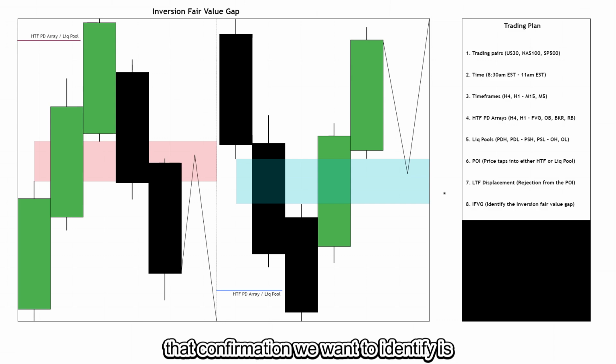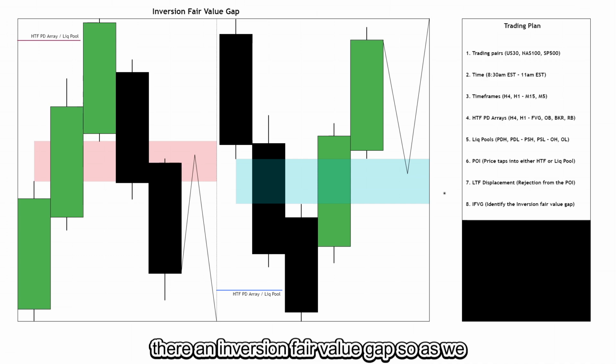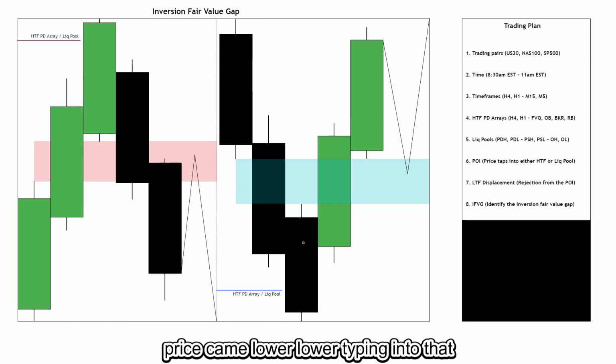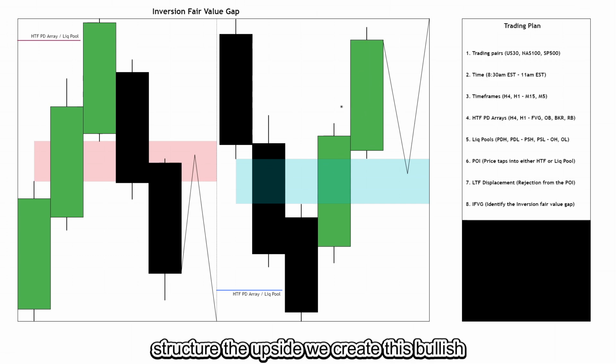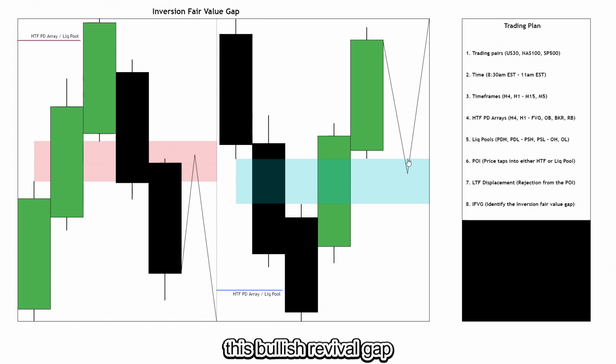Following that confirmation, we want to identify, is there an inversion fair value gap? So as we can see here, this was the bullish fair value gap. Price came lower, lower, tapping into that bullish fair value gap. We went to lower time frames, identified this breaker structure to the upside. Following that breaker structure to the upside, we create this bullish inversion fair value gap. So now we want to anticipate price to come back down into this bullish fair value gap to then take